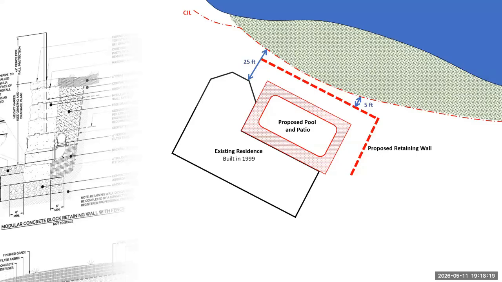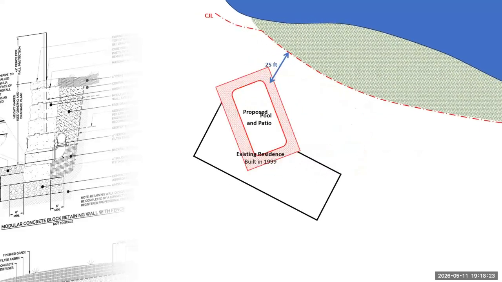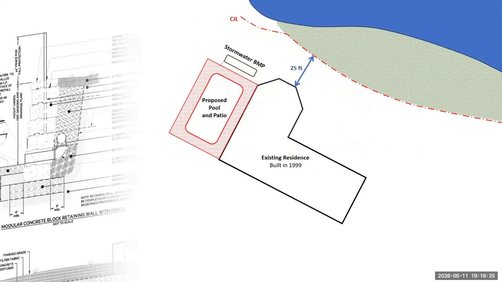So this is a case where, referred to us as it would be under statute, we might propose that they relocate the pool and patio, incorporate a stormwater best management practice to retain runoff from the new development and keep everything away from the tidal wetland to make sure that those wetlands have land to migrate as sea levels rise.